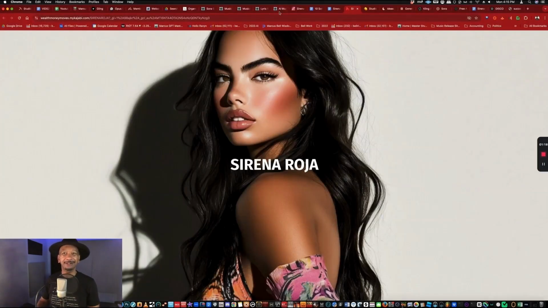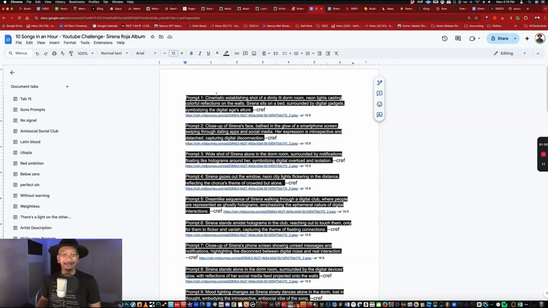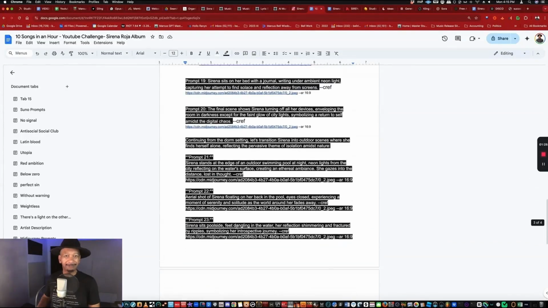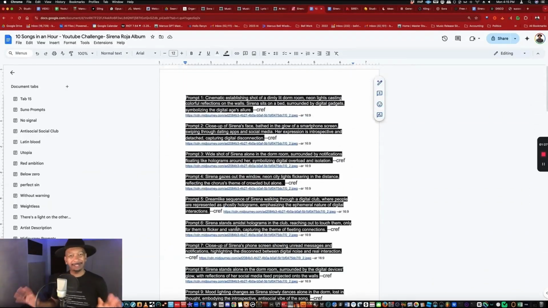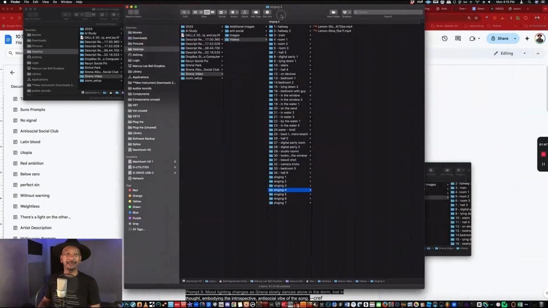All right, and then from there, I'm gonna put in bits from our script here. Okay, hi Serena. This is the prompt layout. I'm not sure that we're gonna adhere to this suggestion, but it says cinematic establishing shot, dimly lit room, neon lights casting colorful reflections on the wall. She sits on the bed surrounded by digital gadgets. So if we start the video with that,